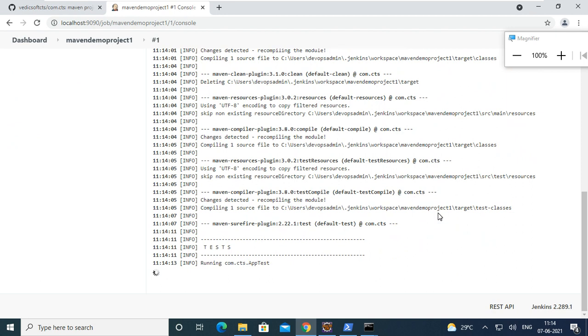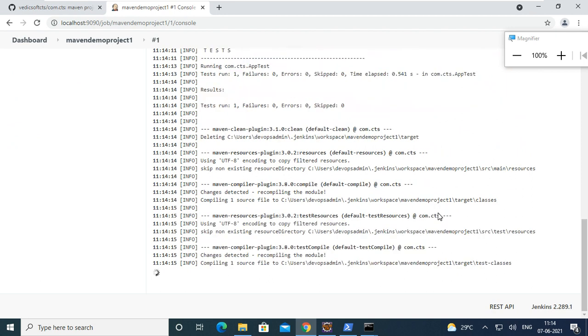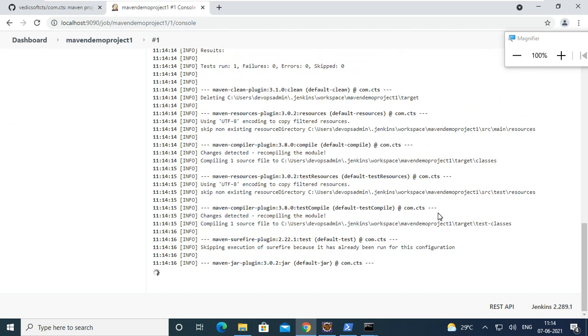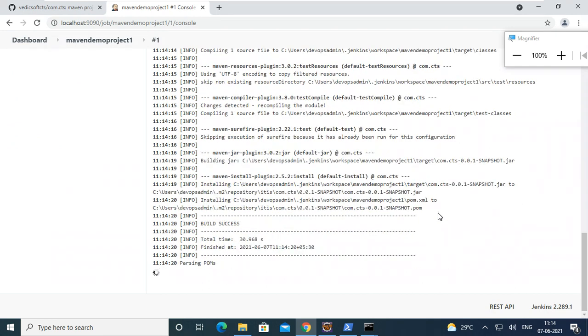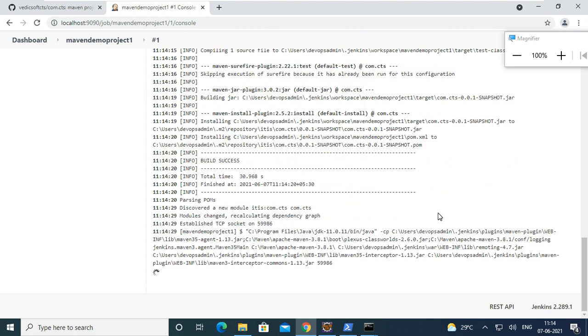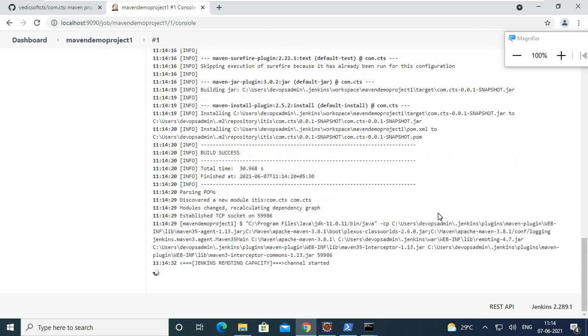Now testing is going on. Build successful up to the pre-step, up to install, running commentary. Next, I typed some command, right? So that is a clean build. I think it is going on.